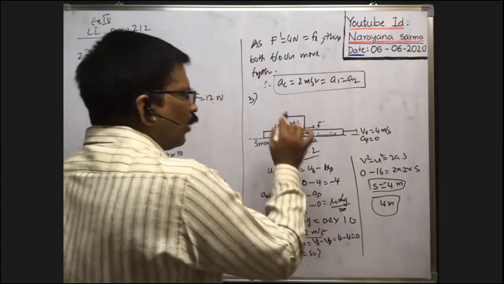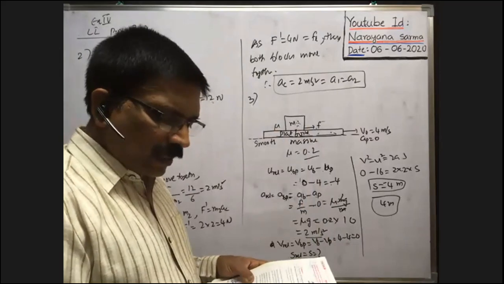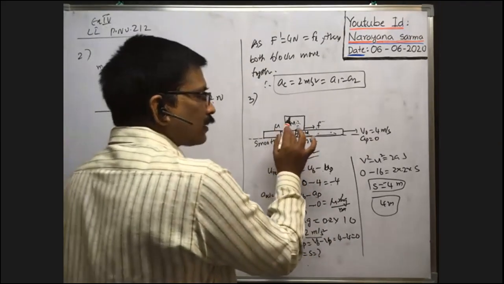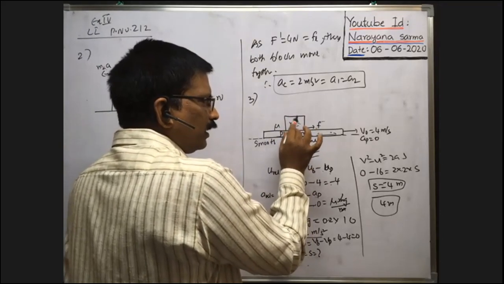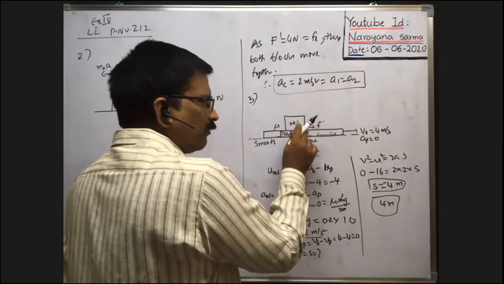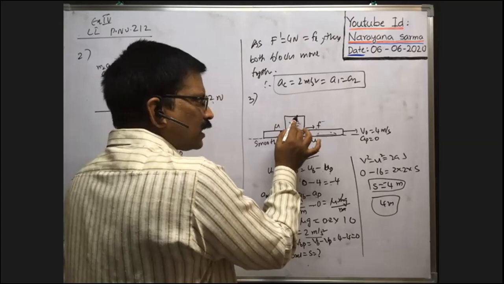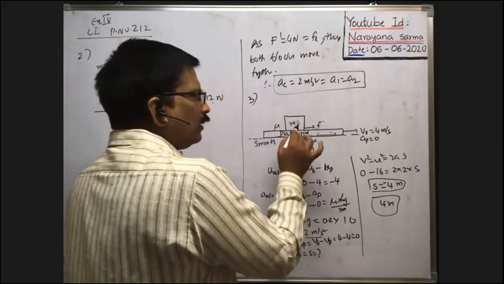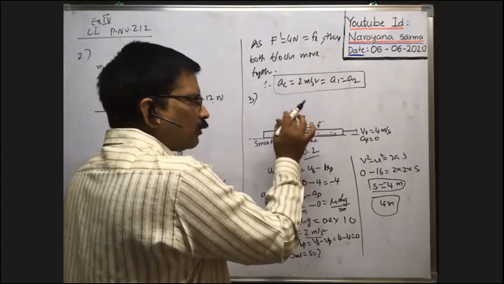Here the question asked is the distance the body will slide with respect to the platform. How far will the block slide? Until the velocity of the body is equal to the velocity of the platform. Whenever both velocities are the same, the block will not slide. Whenever the velocities of the two bodies are different, only then will the block slide. That's why the final relative velocity must become 0 to stop the sliding of the block over the platform.